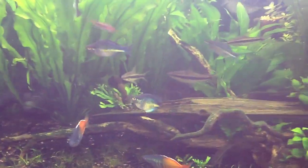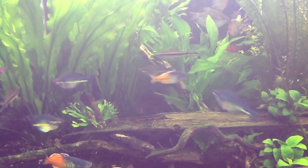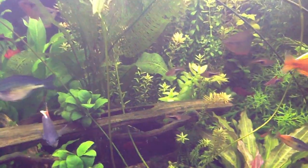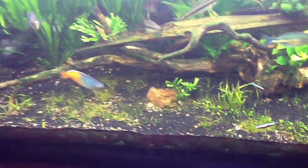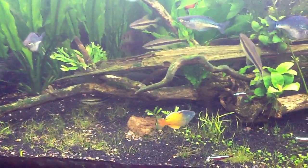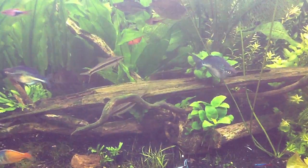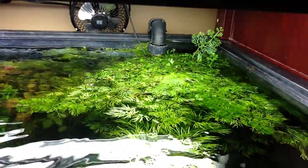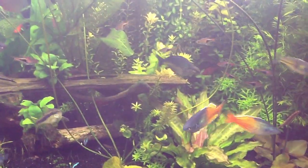I'm going to do a water change soon, and I haven't really done big water changes on this tank. But I usually do, and Beer Belly was the one that got on to me about this. What I'll usually do is a minor water change, and by that I'm just trying to siphon up the ground and the gravel and loose food debris, that kind of stuff you see on the bottom, and just really clean it up, scrub it, clean the glass, maybe some minor plant trimmings. For example, this guy's going to need a little bit of trimming, and then I've got the lily pads that are going to choke out this guy. But just do that, and then maybe every 3 weeks